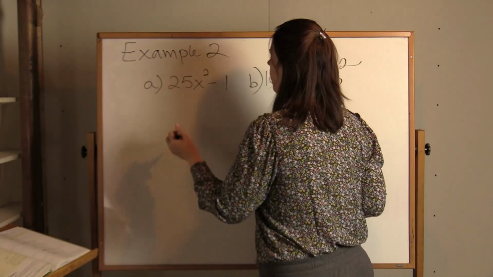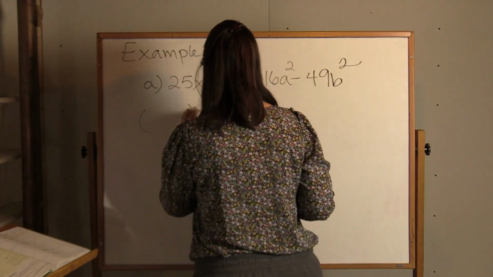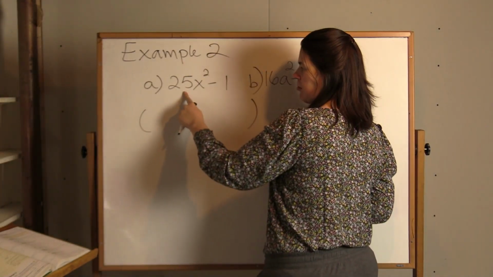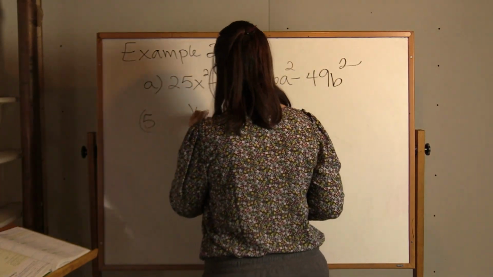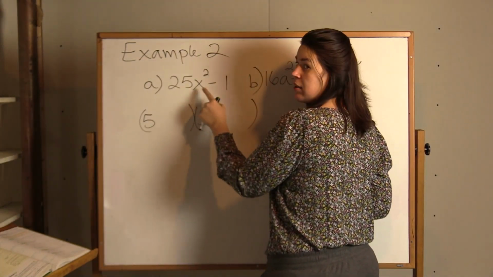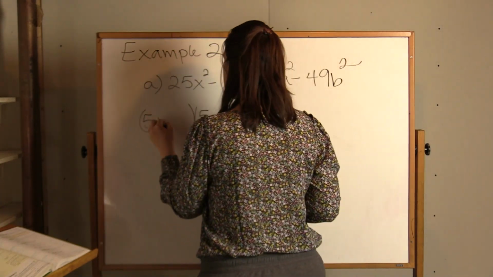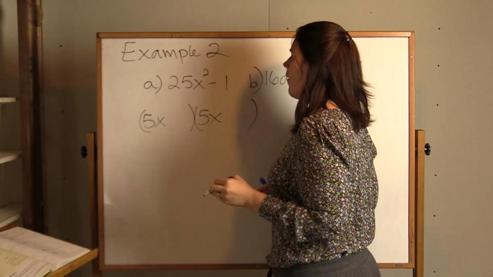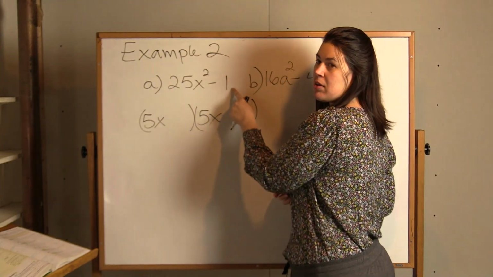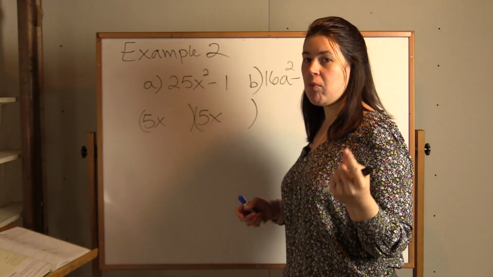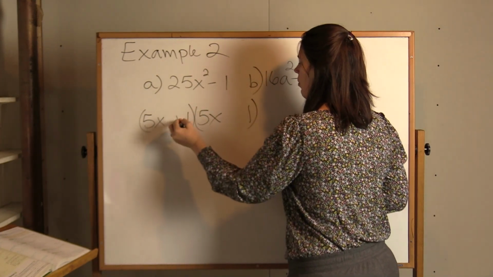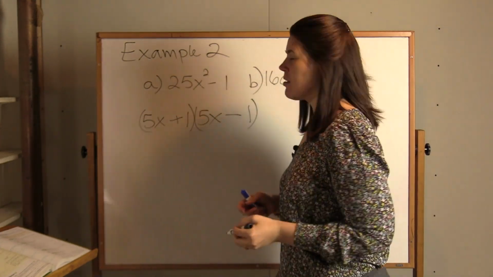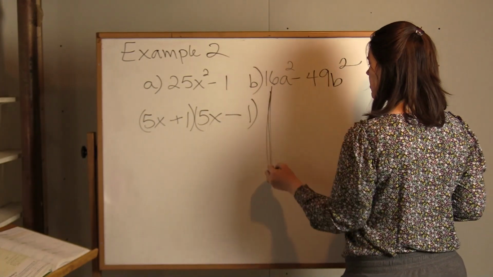1. So if I break this down, I take the first term first. So do the coefficient. So I know both of these are 5. And then x squared, if I take the square root of that, it's x and x. Now, for the second term, it's just the number 1. I know that 1 times 1 equals 1. So 1, 1, one of them's plus, one of them's minus. All right, so on this next example,